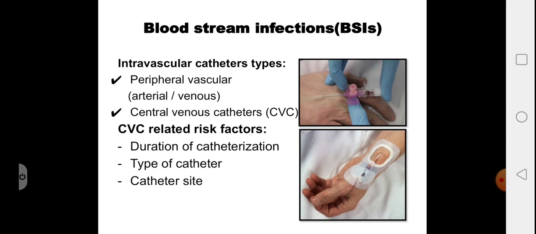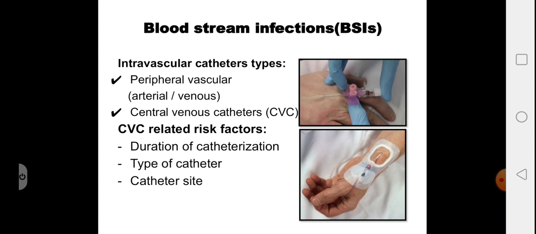Peripheral venous catheters, the first picture above, are inserted into the veins on the dorsum of the hand, or into those near the antecubital fossa, to administer IV fluids and medications, to administer blood and blood products, and to draw blood. But they can be used only for short term, that is a couple of days. Looking into peripheral arterial catheters, the picture below, here it's inserted through the radial artery. This is used to monitor hemodynamically unstable patients, to monitor the variations in their blood pressure.